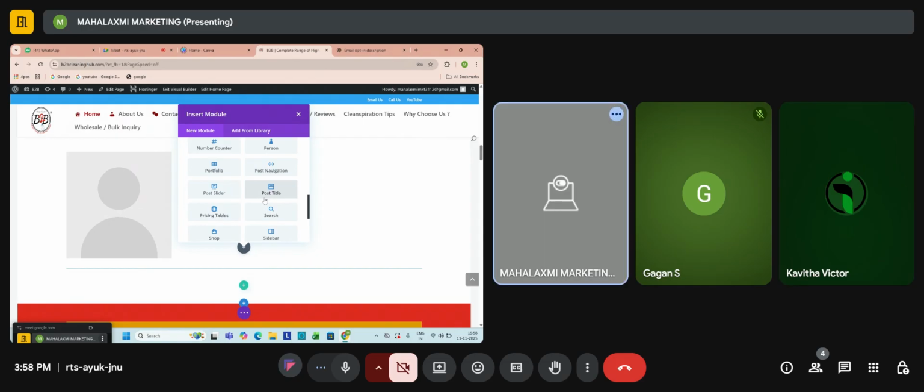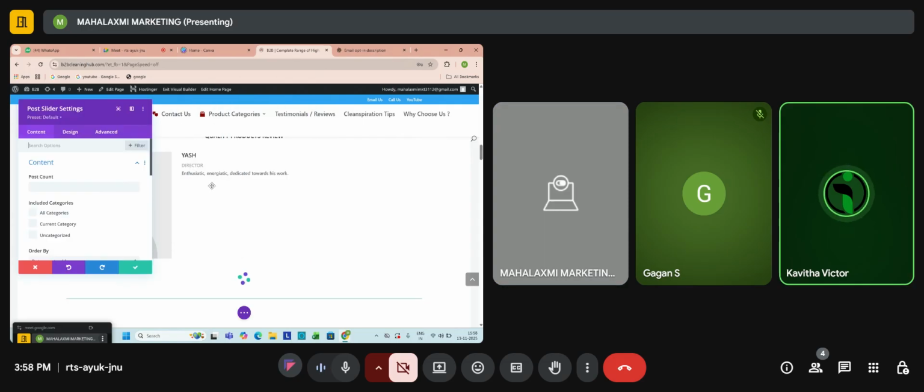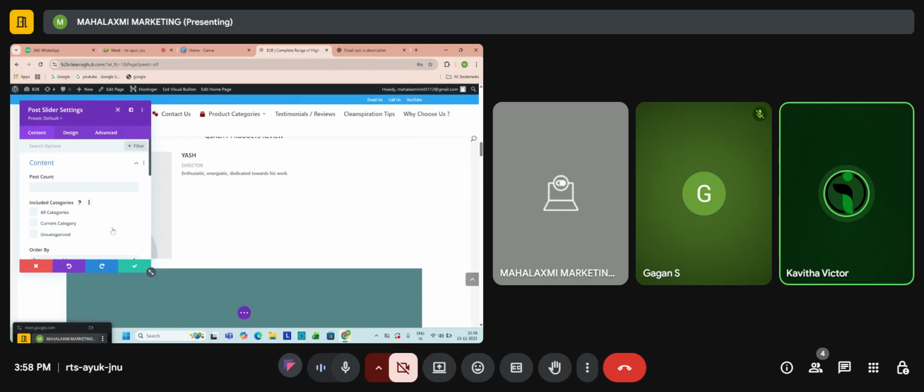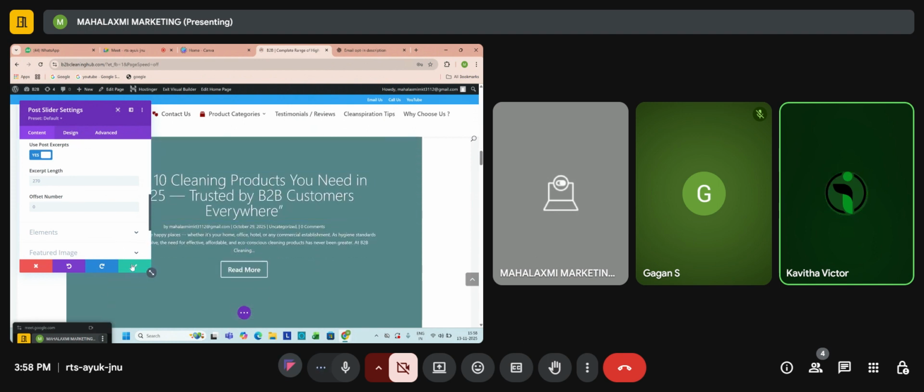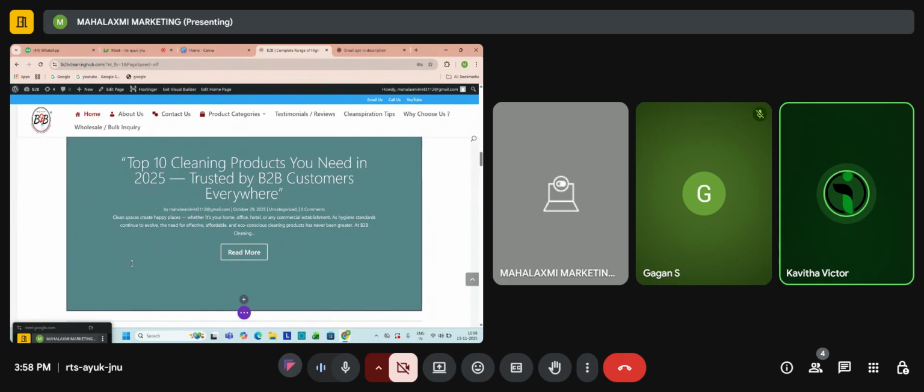Next to that, you have post slider. What is a post in WordPress? It is your blog, right? Scroll down, you have the post slider. Tick mark it. What is a slider? People can slide it one by one. Tick mark it on. They will find the right arrow. How many blogs have you published, Sharon?